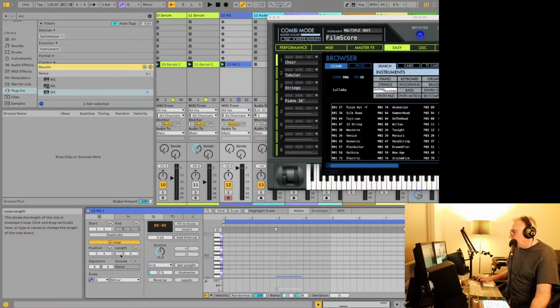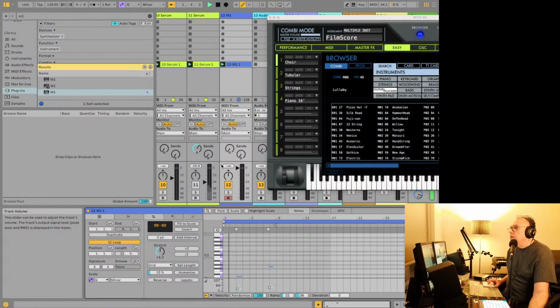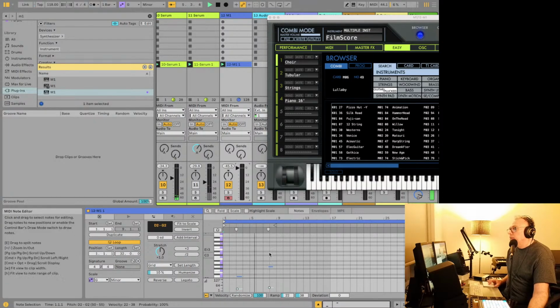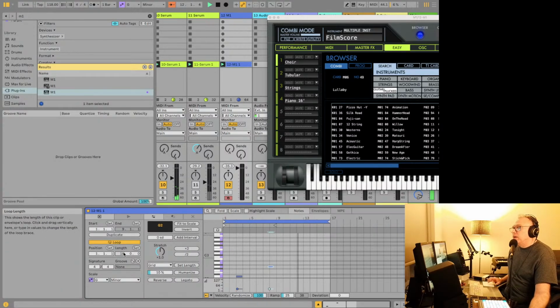We're going to make this really long. Like we're going to do this 32 maybe. Yeah. So it's only going to come in once in a while. We're going to bring it down even more. I'll leave this one louder, but this one here, just bring the velocity down. I don't mind having this repeating a little bit more often now that I think about it. So I might do 16. Okay, so